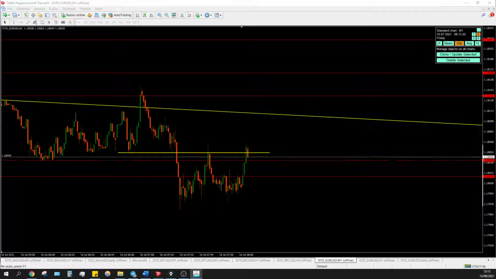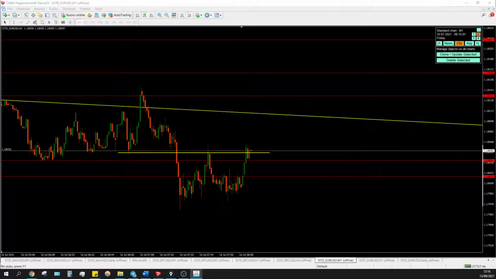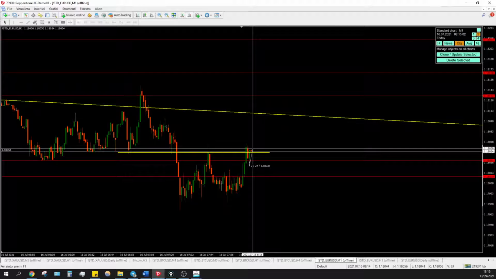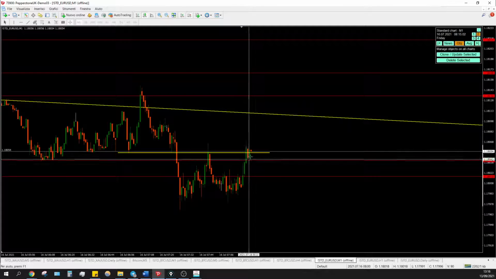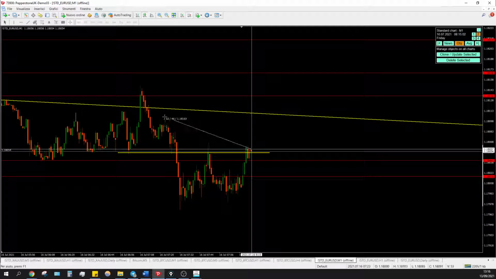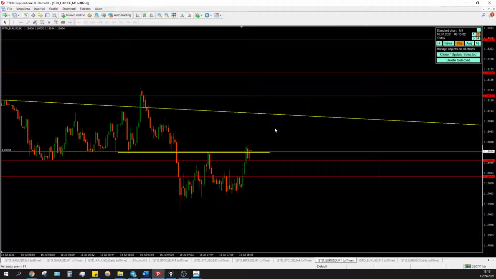Close above, close below. But we are sort of retesting this PSA. Like 2.5 pips or more than 4 here and there. We made a double bottom. Looks like it might get a nice